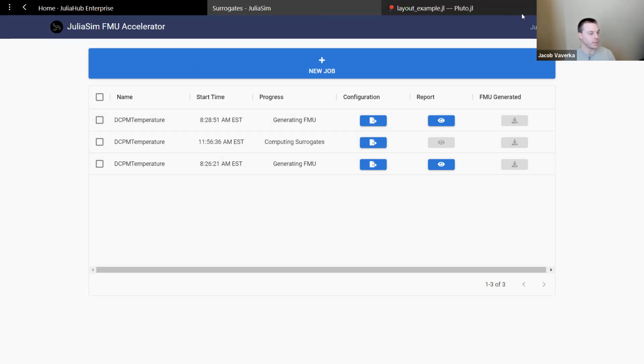And so just taking an overview right here, this is our dashboard. So we can see the different models that we've run, when we started them, and the progress that they're in. It moves through several different states: setting up the model, computing the surrogate, computing diagnostics, and then after that, computing the generated FMU, the accelerated FMU. I'm going to walk you through how you actually configure this and start a job, and then that's going to run. But I'm going to take you to an example of the diagnostics for this same job,